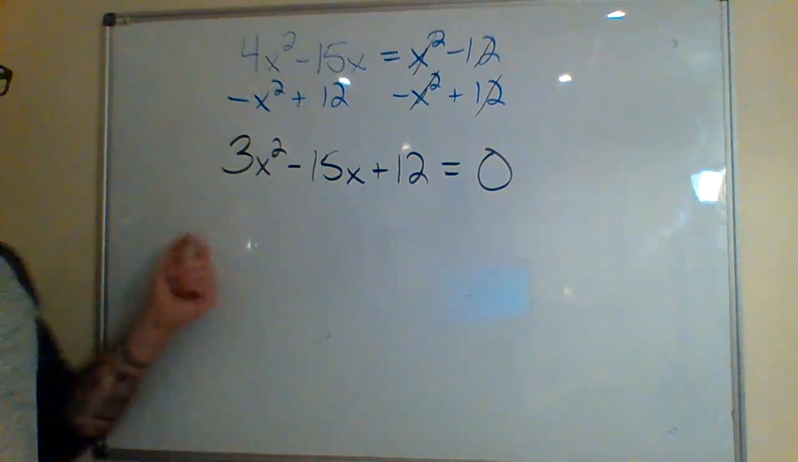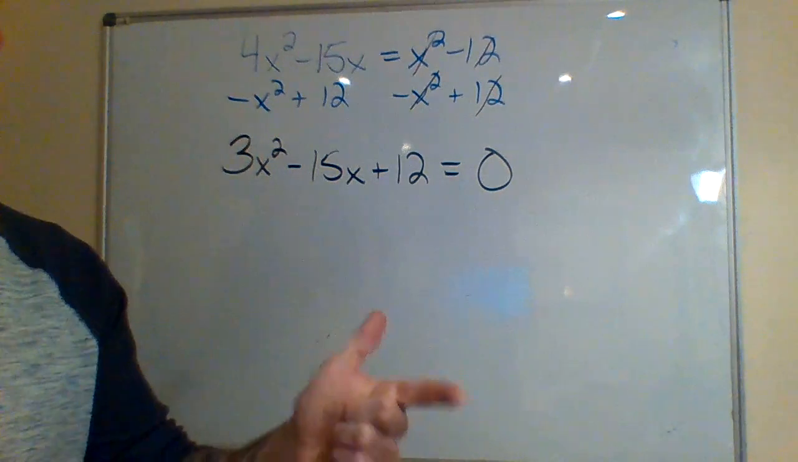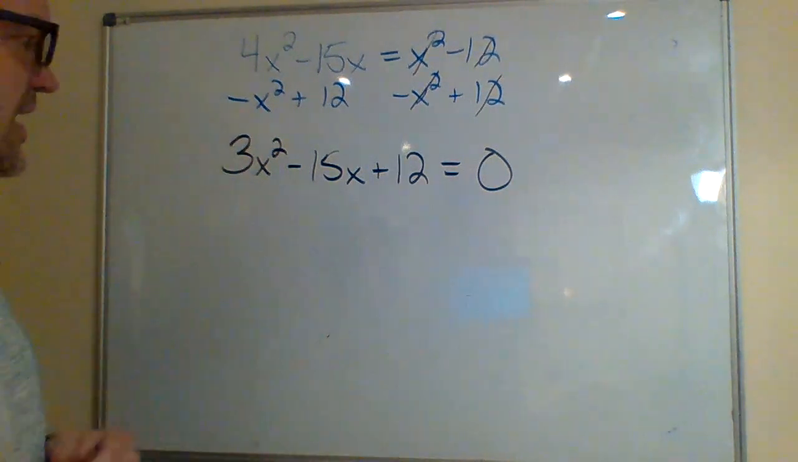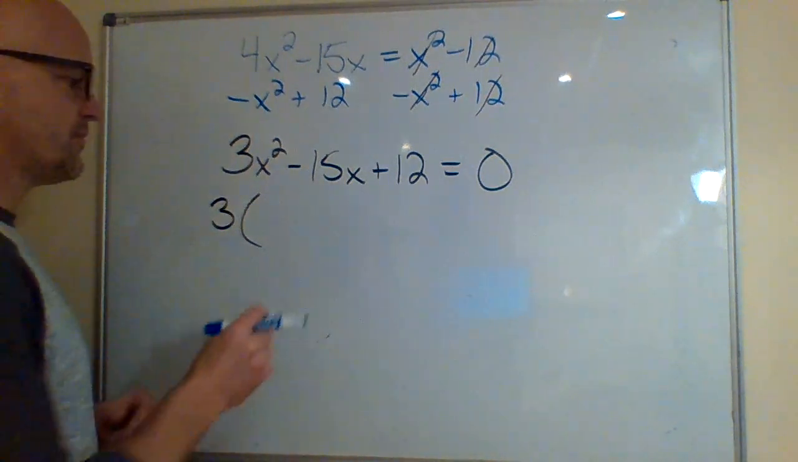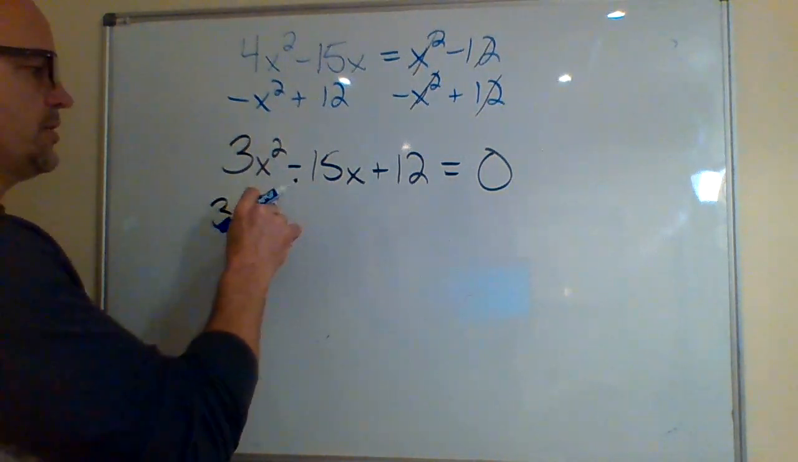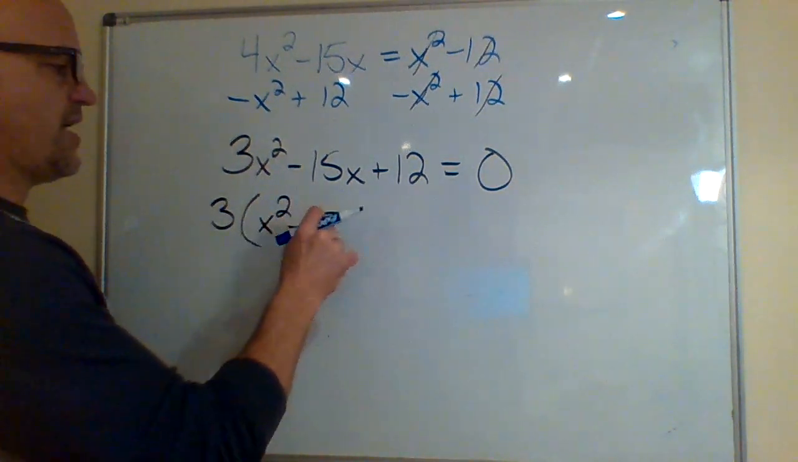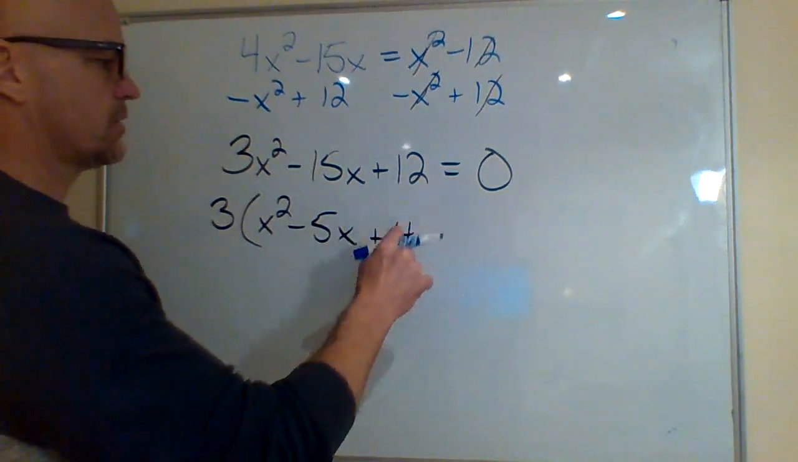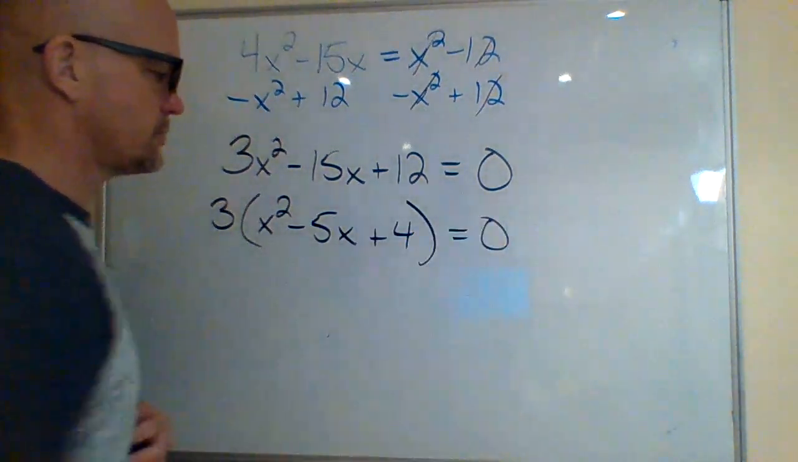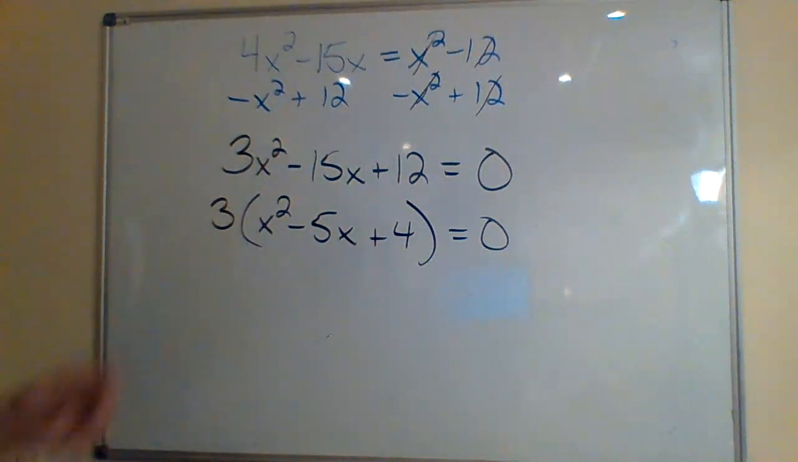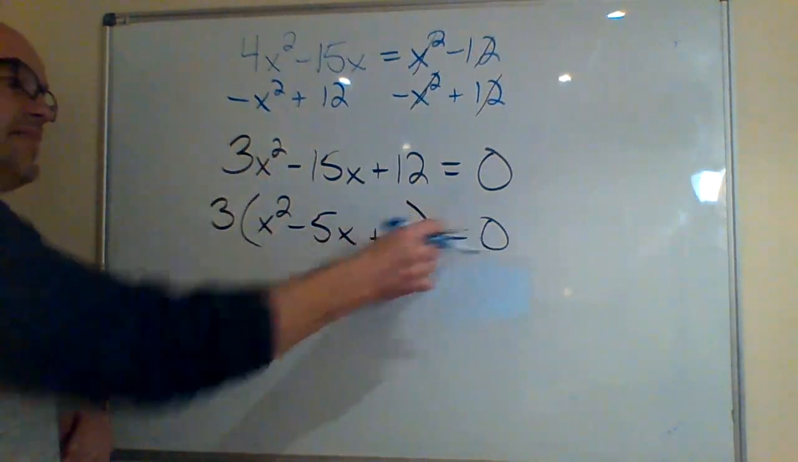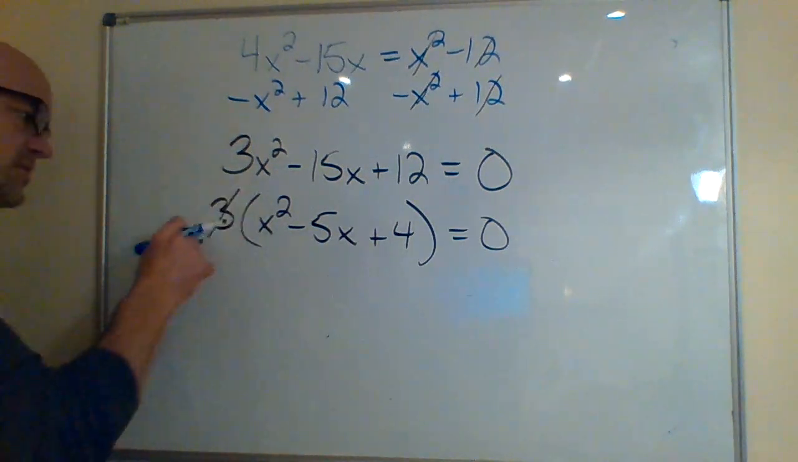Ooh, looking at that, 3, 15, 12, I can take out a GCF. I'm going to do that because I think most of you would prefer to do that. You're going to have an x squared minus 5x plus 4 left behind. Now at this point, I can divide both sides by 3. All that's going to do is make that 3 go away, and that 0 is going to stay put. So I'm just going to cross that out,